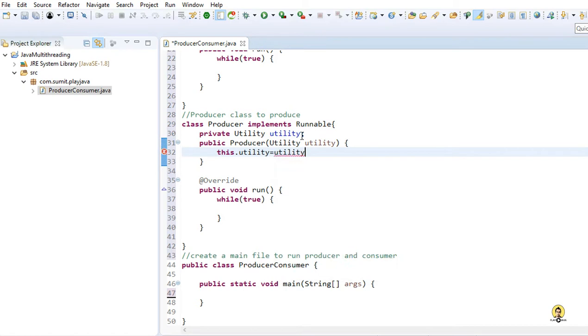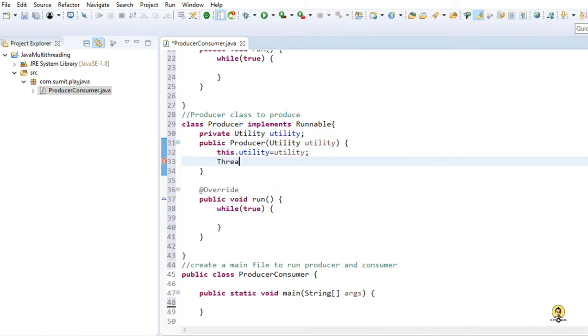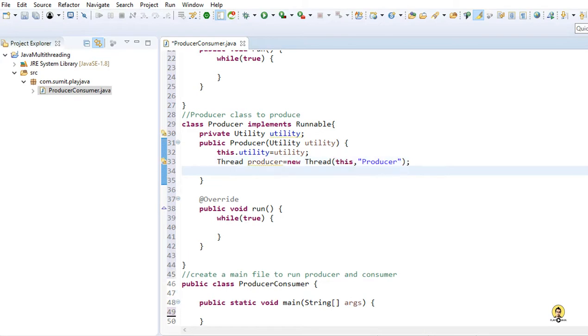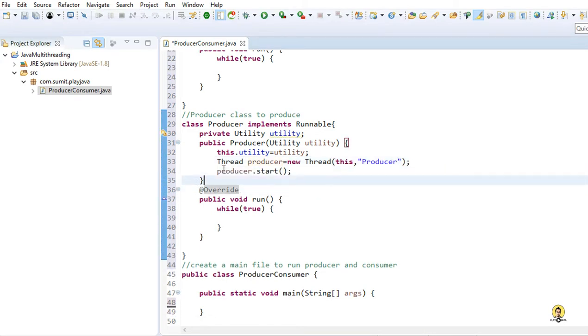So we are off with the creation of utility. Now we will instantiate the thread. So thread producer will instantiate this thread only. So new thread and pass this inside it, so that producer will be created, and producer is the name of this thread, and I will start this thread here only, producer.start.